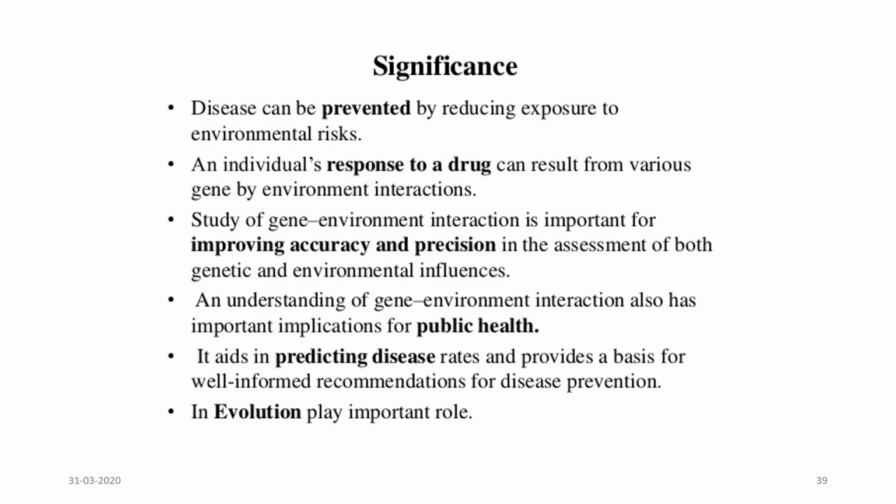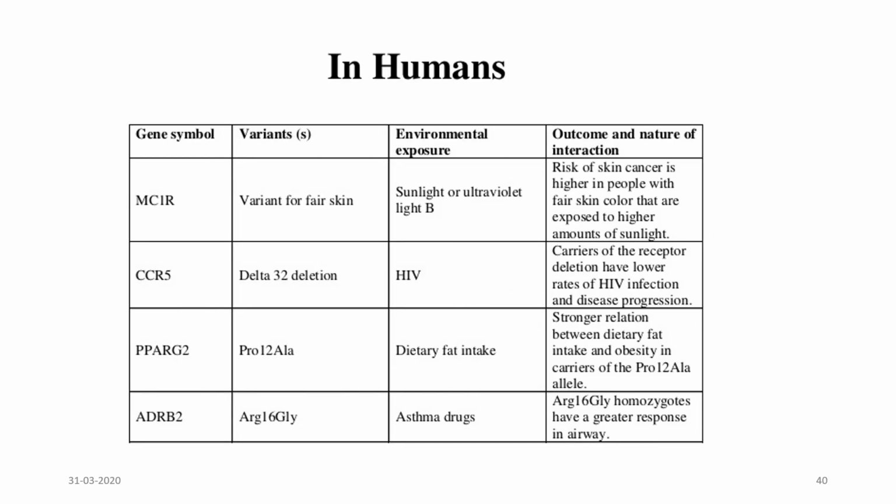The study of gene and environmental interaction is important for improving accuracy and precision in the assessment of both genetic and environmental influence. It has very important implications for public health. Evolution also plays an important role in determining the interaction. So a few other examples in humans are